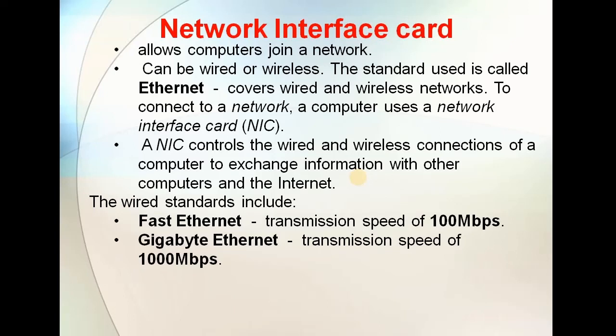For that communication we require these network interface cards, which we can also call Ethernet cards. Their transmission rate can be 100 Mbps, and this is not bytes. Whenever we use a small b, it means bits. So 100 Mbps means megabits per second. If we have a gigabit Ethernet card or connection, then we can have 1000 megabits per second. So these are some of the transmission rates specified.